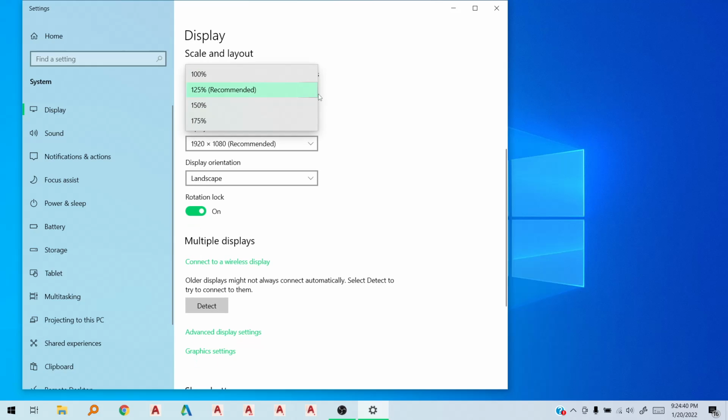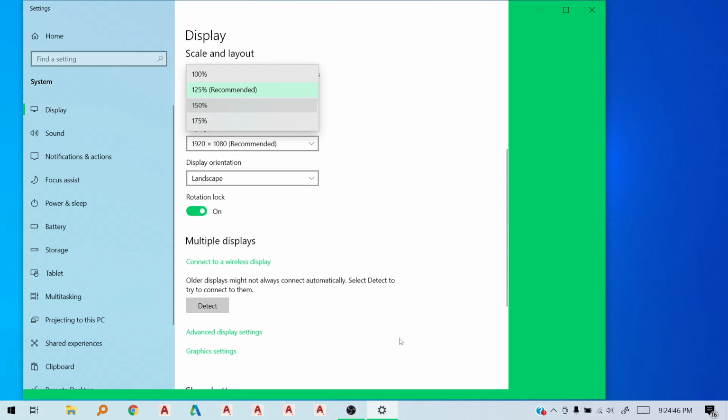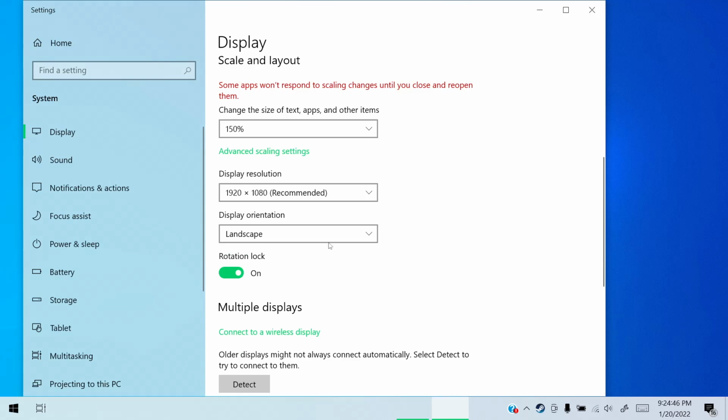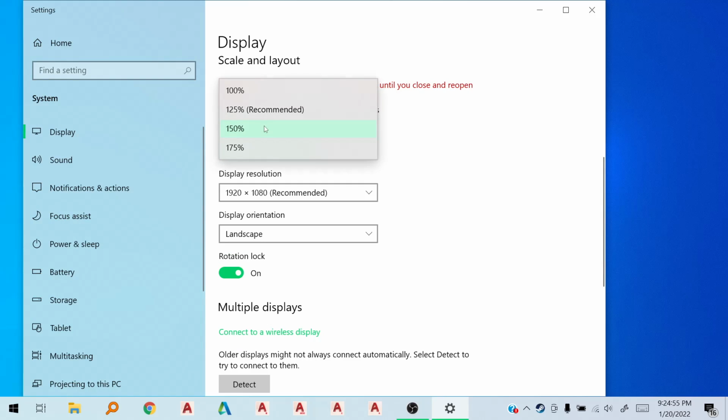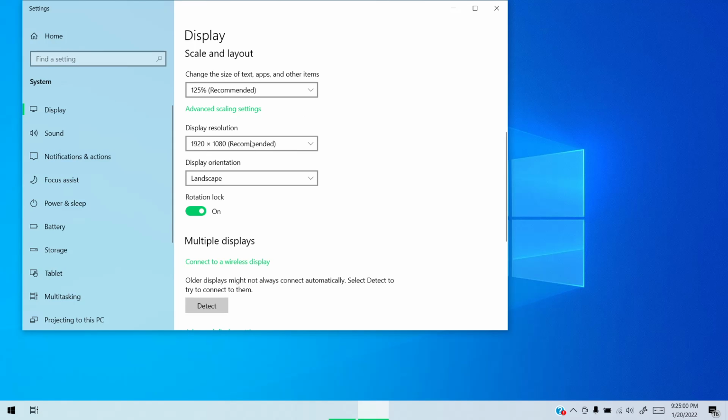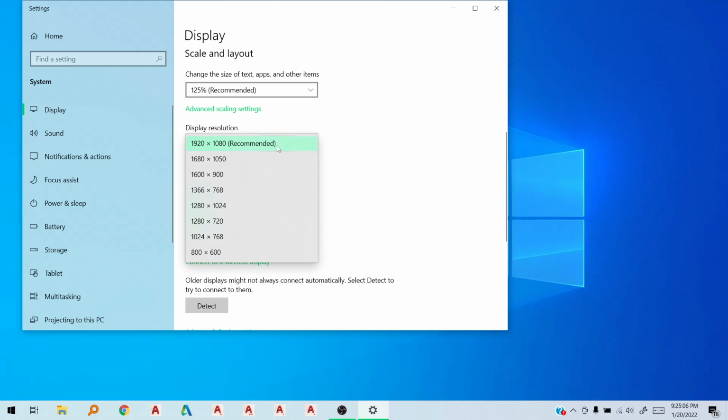You can also change the app size. Be aware that changing this may have unintended effects. This might make things more accessible. So, as for the display resolution, if you want to increase or decrease it,